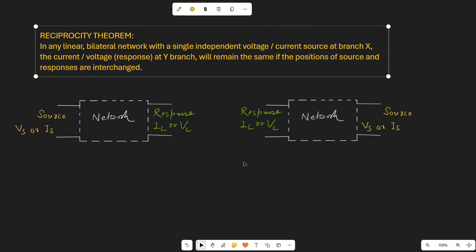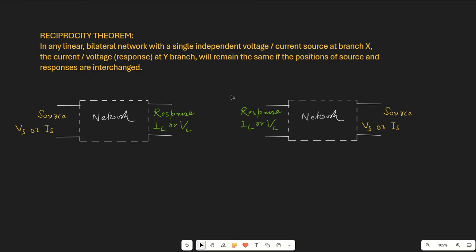So today we are going to discuss another theorem for simplification of circuits and determining its solution easily. The theorem is Reciprocity Theorem. In Reciprocity Theorem, it states that in any linear bilateral network with a single independent voltage or current source at branch X, the current or voltage response at branch Y will remain same if the position of source and